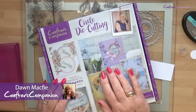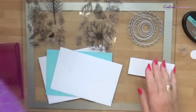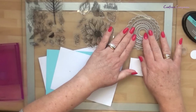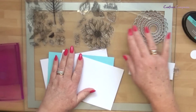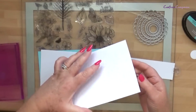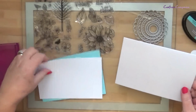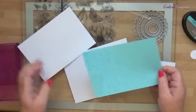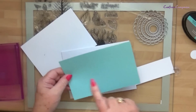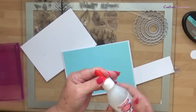For today's project we're using elements from sub box 7, which is the circle die cutting craft kit. So on the table here I've got my nesting circles in the scalloped and the straight, and I've got my stamps, and I've got the card out ready. I'm using one of the 7x5 cards that actually comes in the kit, and I've already cut myself a piece of the blue card, and this is measuring 4 3/4 by 6 3/4. So we're going to stick that on with some all-purpose glue,